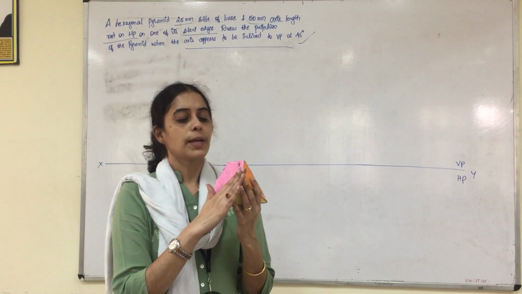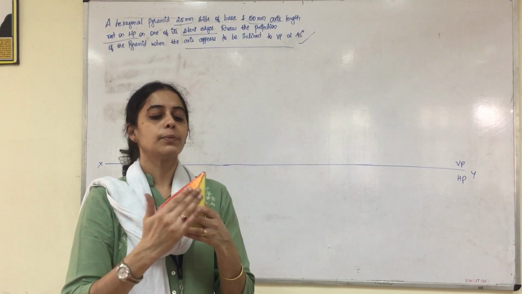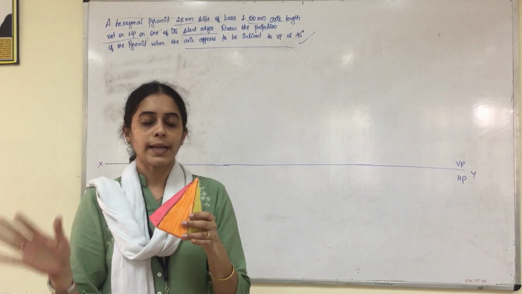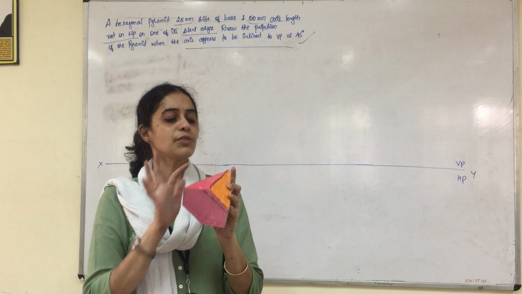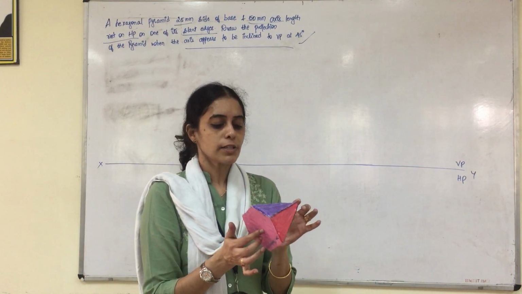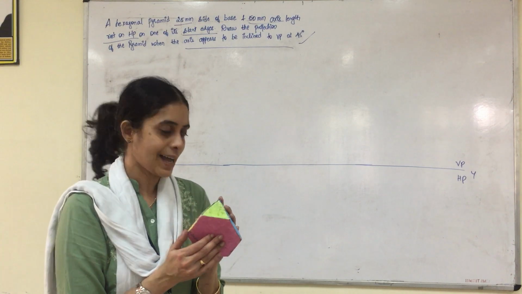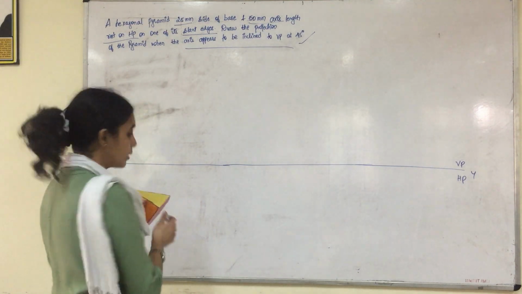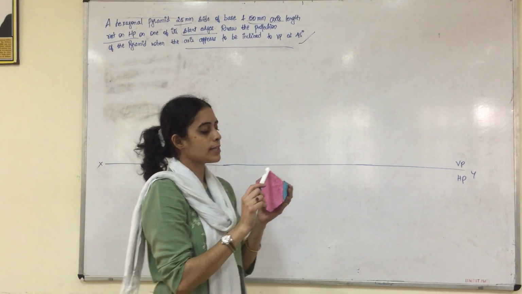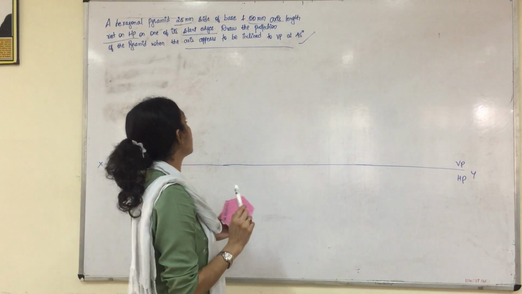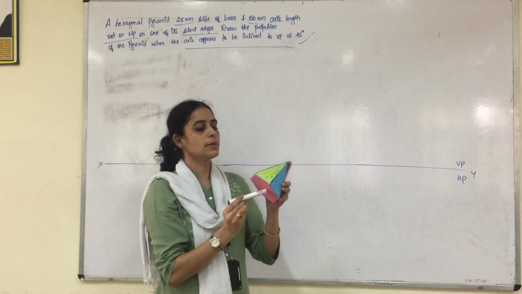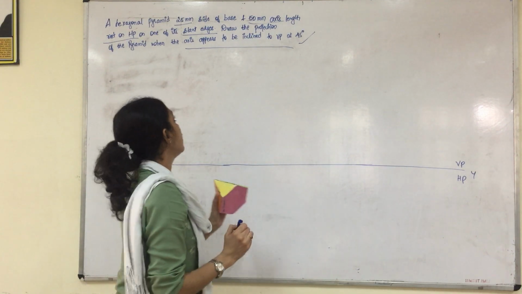Everyone knows how a hexagonal pyramid looks like. It will have a base of 6 sides. It will be bounded by 6 triangular surfaces connecting at a common point called the apex. So you will have the axis from the apex to the center of the bottom. Right? So this is called the axis height. Now coming to the problem, it is a hexagonal pyramid of side 25 mm. So all the sides are equal to 25 mm and axis height is 50. So from top to bottom, the vertical axis is equal to 50 mm.